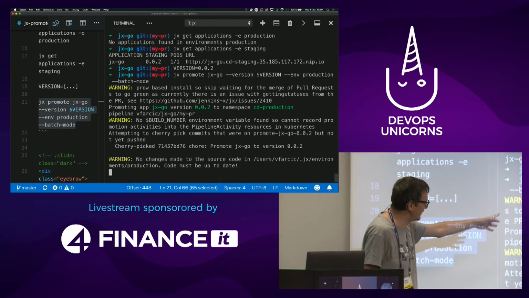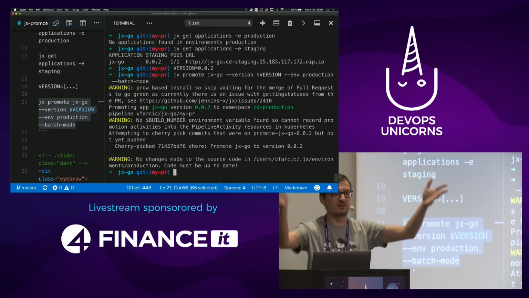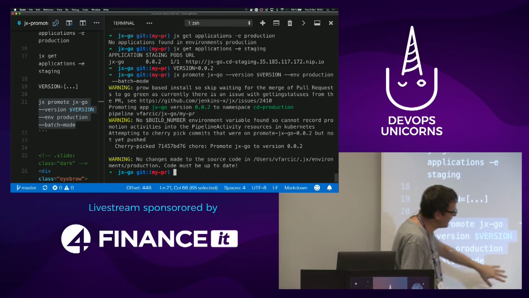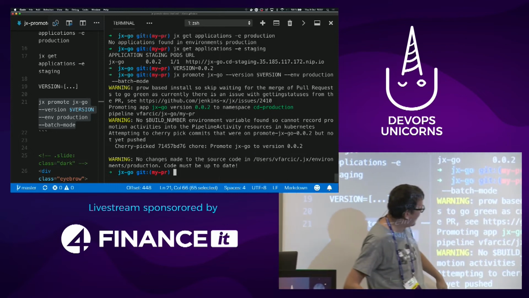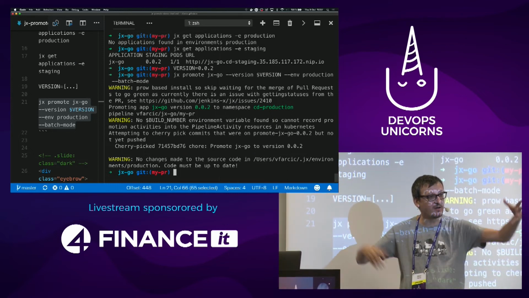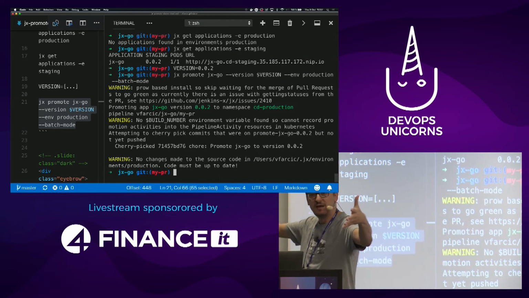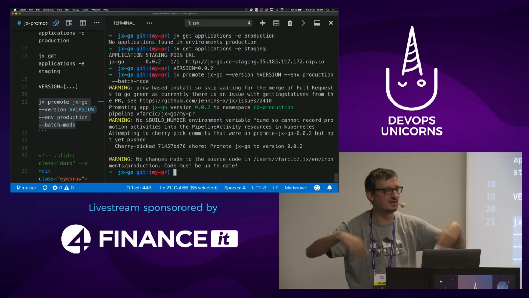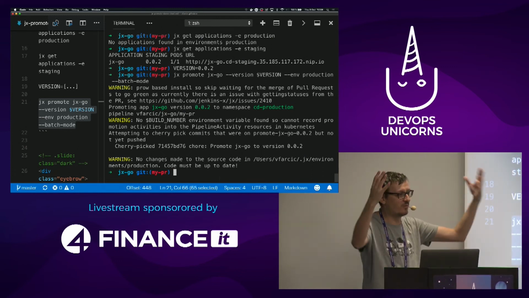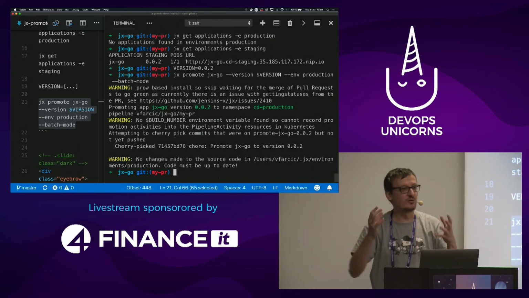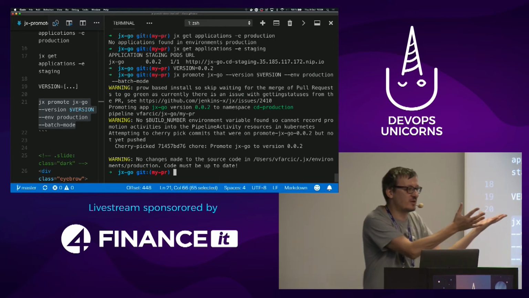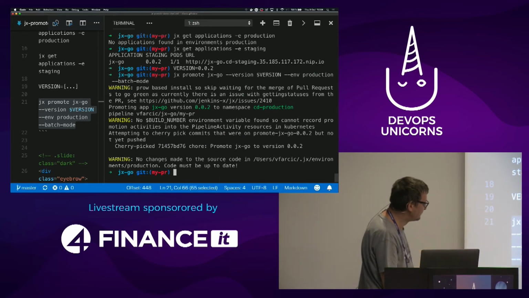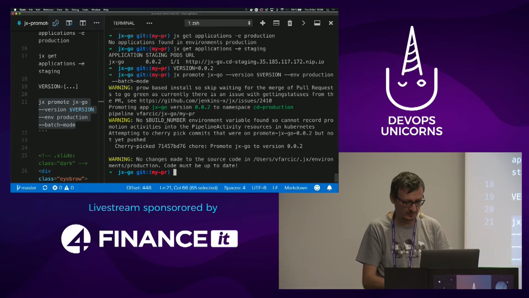What this command was doing, and you could create that command yourself, it's easy, it created the pull request. It created a pull request in my repository that defines production. And now this pipeline in the background is running and validating that pull request. It's doing whatever it needs to be done to validate that the pull request to change something in production is valid. It works correctly.